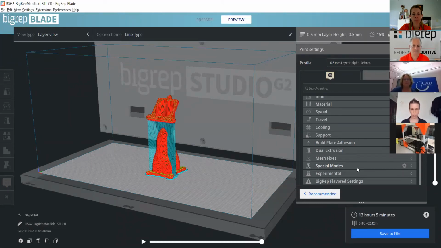Our team has put in a lot of work and effort to sort of figure out the best possible settings. But obviously, there's always going to be parts that are a little bit more complicated or that might need a little bit more specific attention. But that's what we're here for. So we're here to help you learn. We provide tutorials, and upon purchase, you'll receive a lot of teaching along the way.